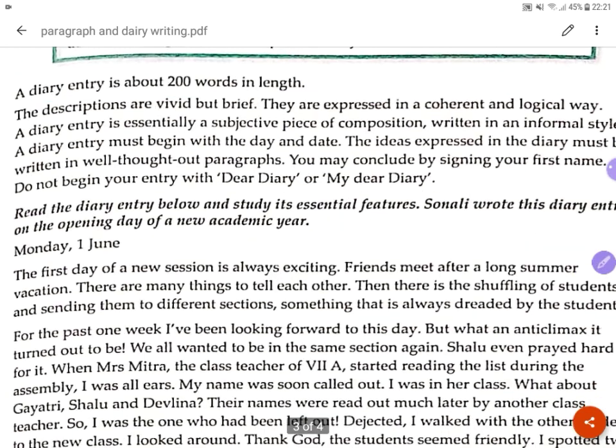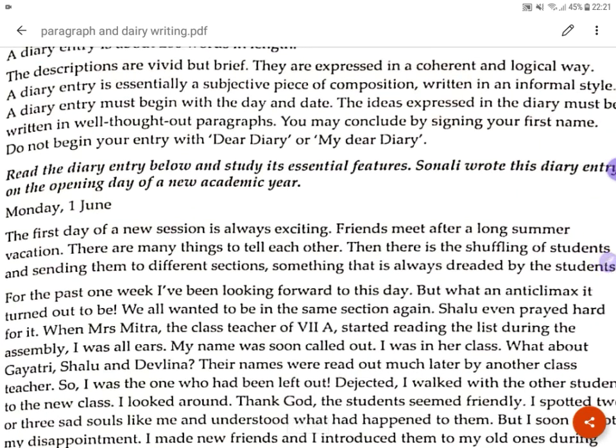Now let us go through and read the diary entry below and study its essential features. Sonali wrote this diary entry on the opening day of a new academic year. Look how Sonali has written the day and date. You may write down the time also, I told you, right? It begins with day and date. The first day of new session is always exciting. Friends meet after a long summer vacation. There are many things to tell each other. Then there is a shuffling of students and sending them to different sections, something that is always